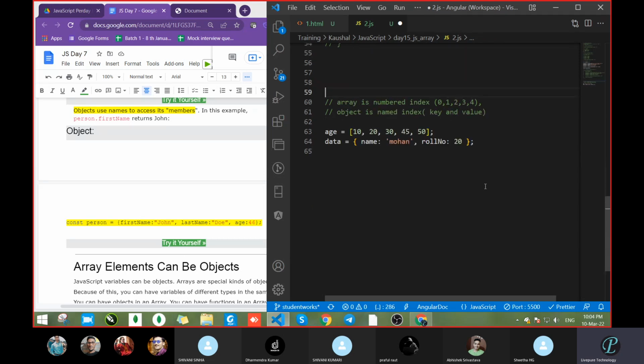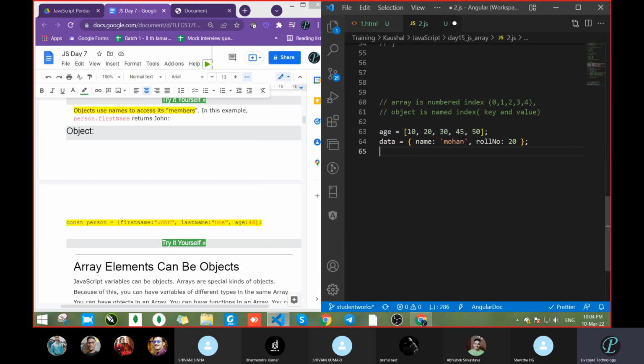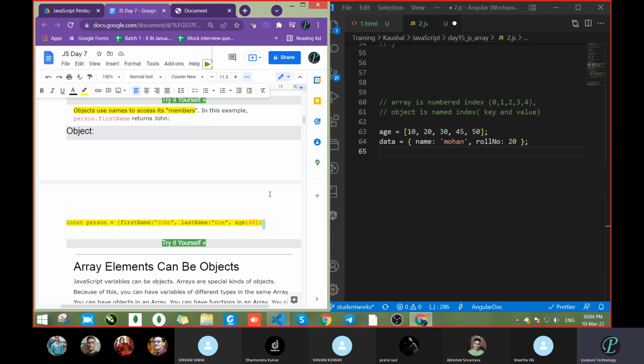So if there is no need to pass key and value, you can go with this type of data. If there is a need to pass something as key and value for a unique purpose, you can go with the other one. Both will do the same thing, but some methods are there, and when we learn looping you will see where that works.